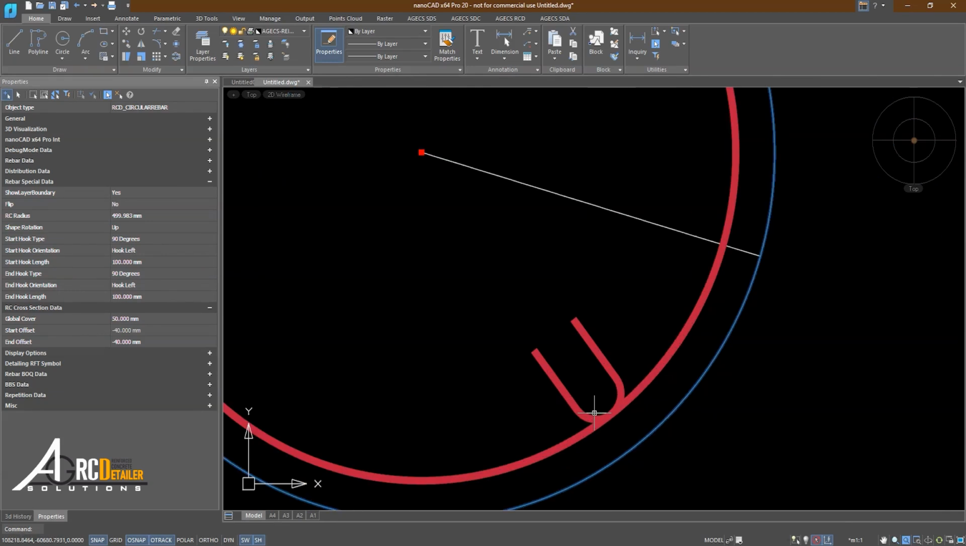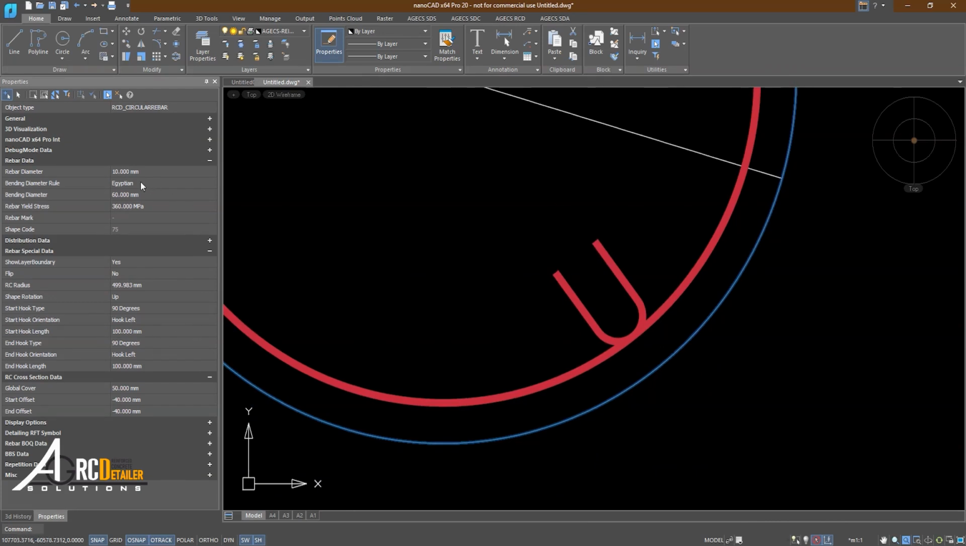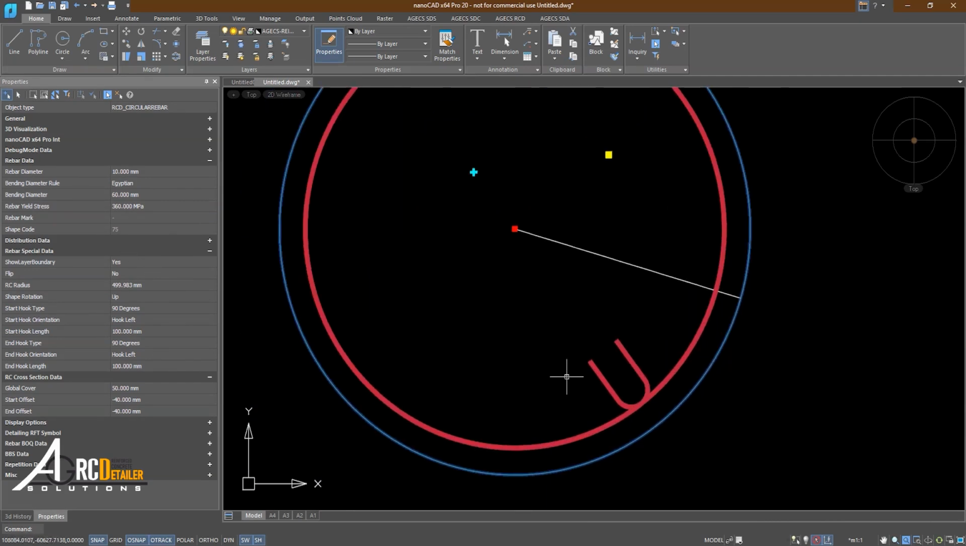Well, they're supposed to automatically calculate themselves based on the relationship between the diameter, which is the thickness of the bar, and the bending diameter of the stirrup, which is the measurement around which the bar is bent. So now I have hooks, which are the curved ends of the stirrup that help secure it in place. For example, if I set the bending diameter rule to custom instead of the standard Egyptian, and I set my value to 100, you'll notice that the start offset and end offset, which are the distances from the ends of the stirrup to where the hook begins and ends,